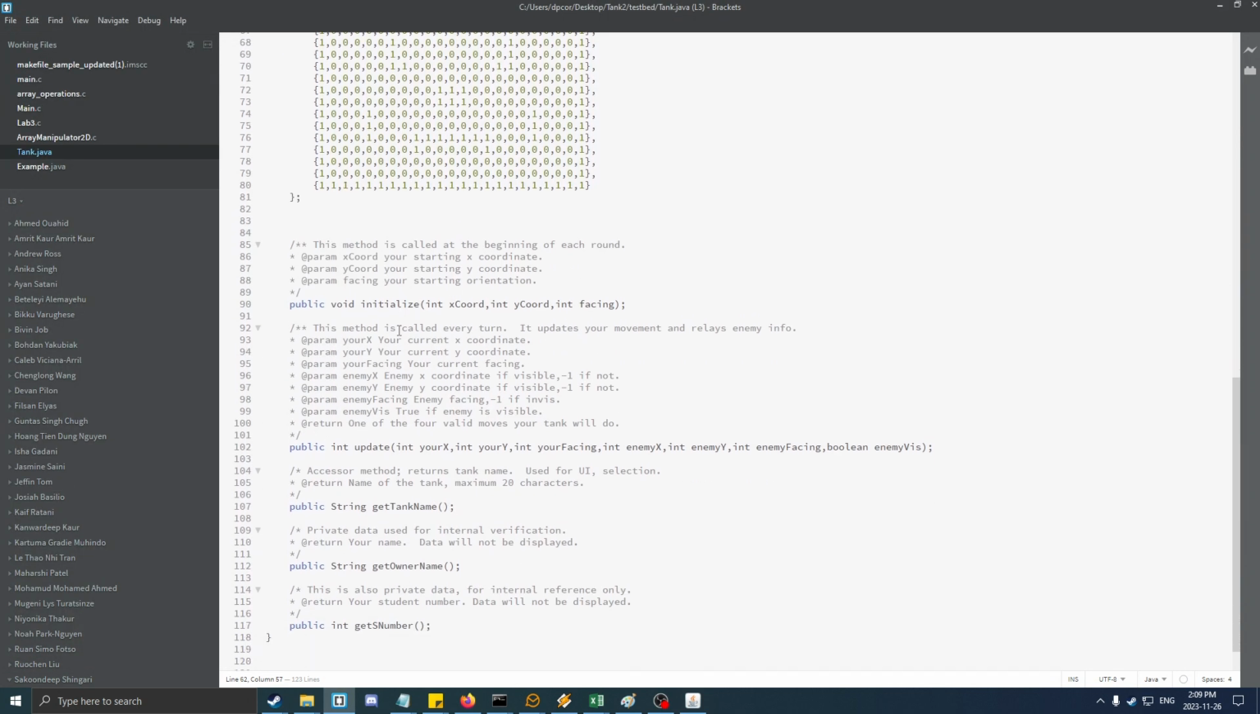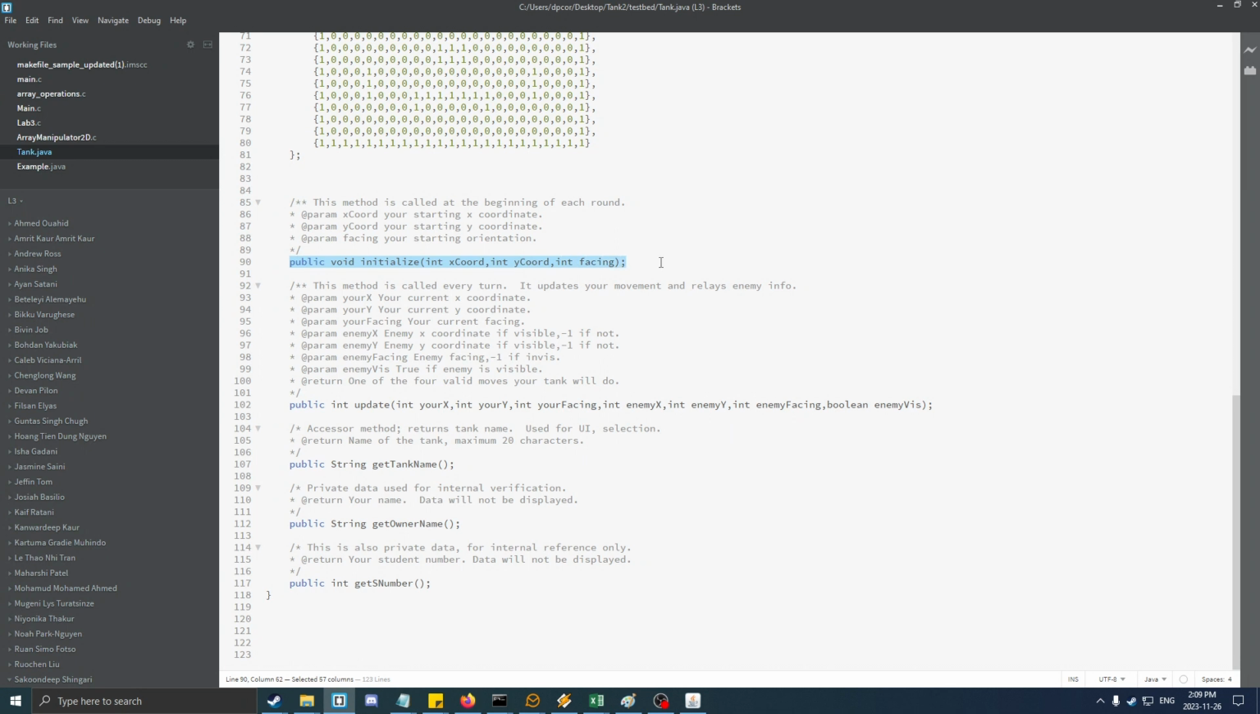These are the 2 important methods. You have to code these. Initialize is going to be called when your tank is first created every combat. So every time a tank is blown up, a new combat is started. And it's simply telling you where your tank is, the X coordinate and Y coordinate, and which direction it's facing. The rest of it is up to you. You can use it for whatever